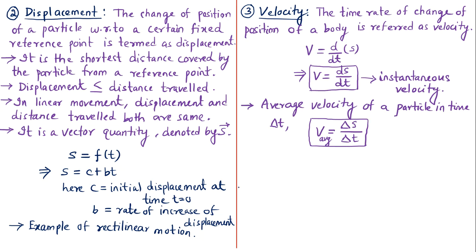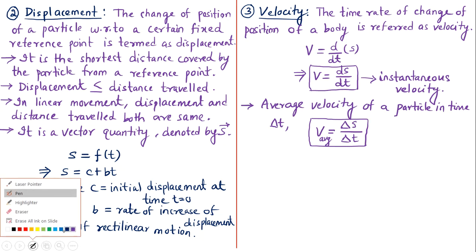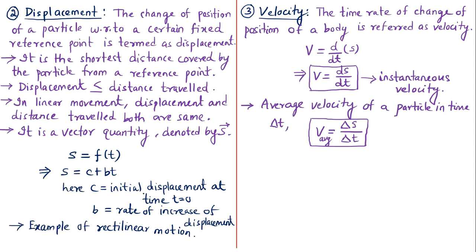Clear? For that particular example, in the previous example, what did I consider? I considered that displacement s equals c plus bt. If you find the velocity for this example, what is b? b equals ds by dt, which equals b, which is constant. So that is an example of uniform motion, where b represents the